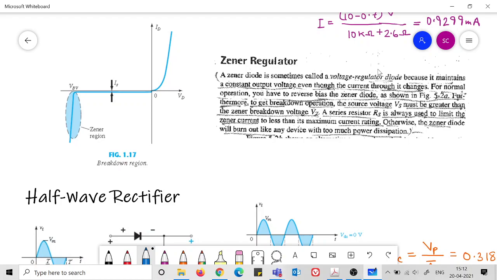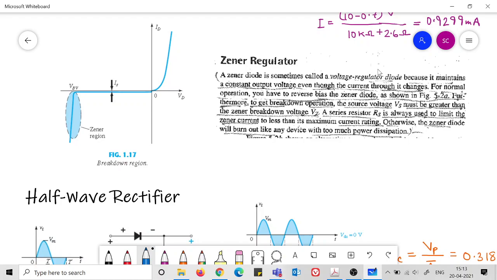So please refresh your ideas about why the breakdown happens. We had already discussed it: how there is an avalanche of minority carriers, and how that phenomenon takes place. Have a refresh of the physics behind it. But the actual thing we would utilize in our circuits is only this much information, that when the Zener diode operates in the Zener region, the voltage across the diode is practically constant.